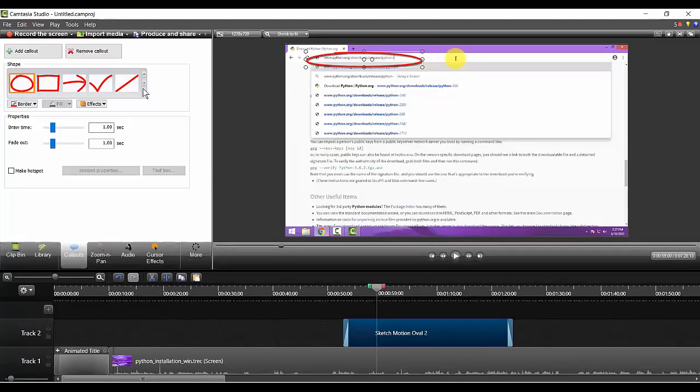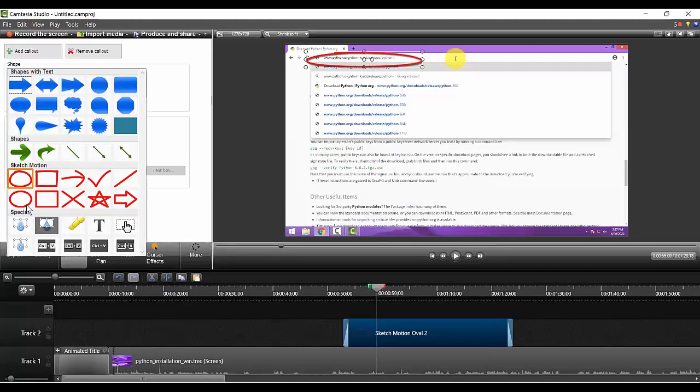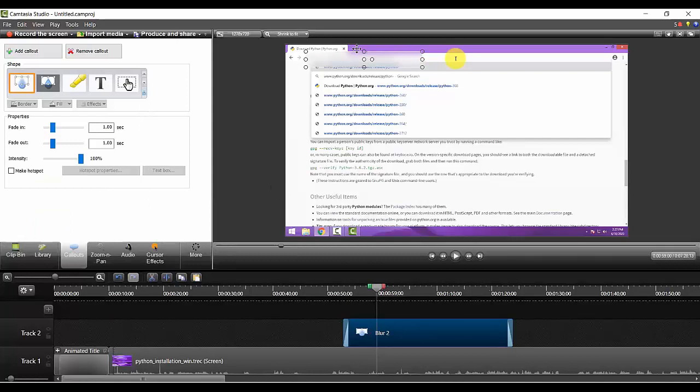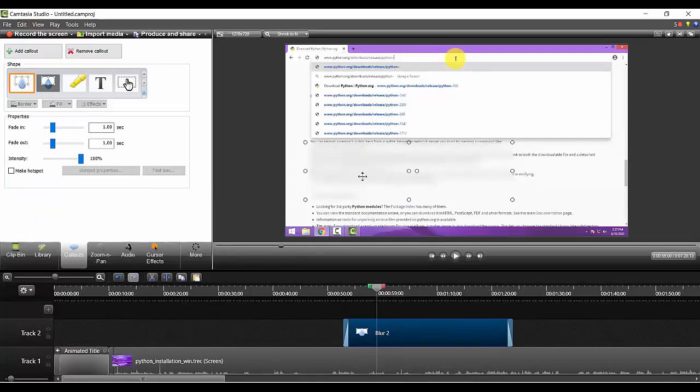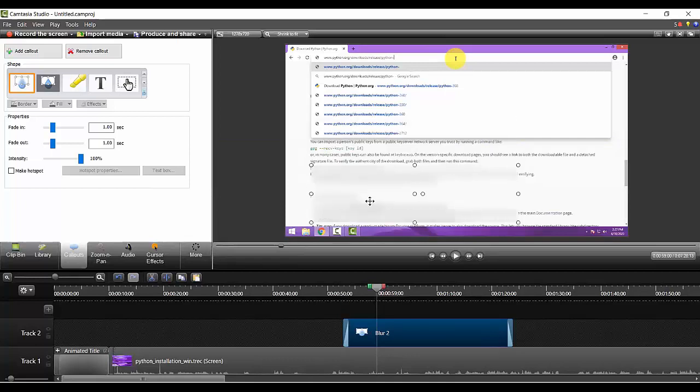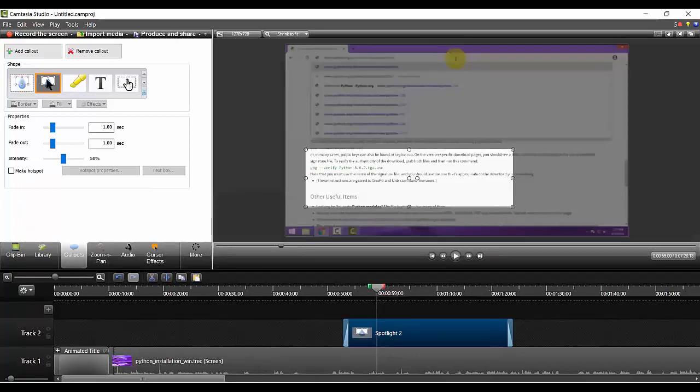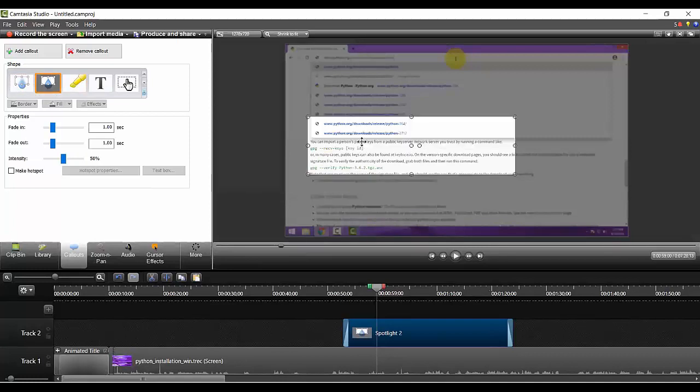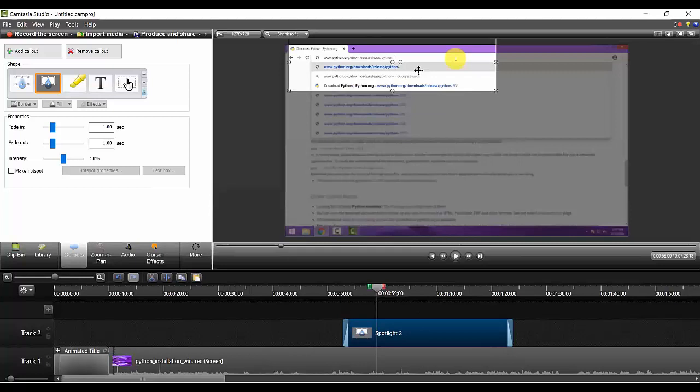Now, apart from that, I have something called blur. If I blur this area, wherever it is, it is not visible. You see, some blur effect came. Similarly, I can use something called highlight. This is the highlight effect. It means apart from this area, nothing is visible.